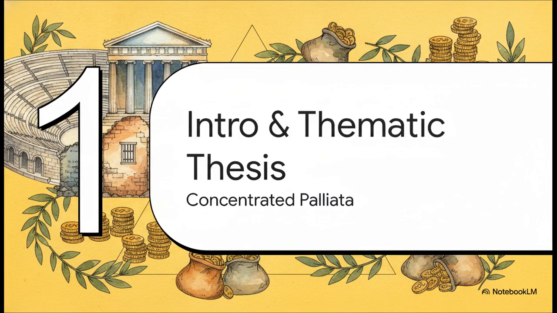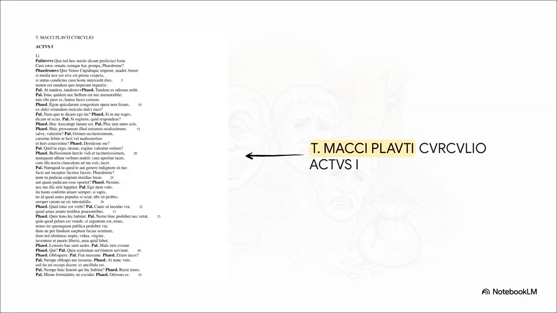Introduction and thematic thesis. The concentrated palliata. So the whole drama is structurally anchored in Epidaurus, tightly triangulated right around the temple of Asclepius and the adjacent house of the leno Epidamnus, the pimp Cappadox. This intense topographical concentration directly mirrors the dense, rapid-fire textual machinery of the play itself.